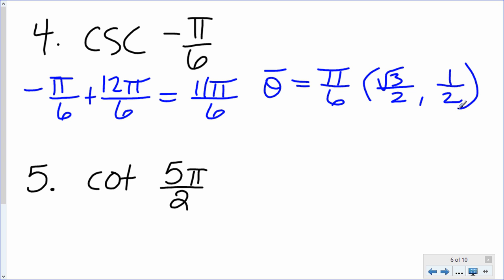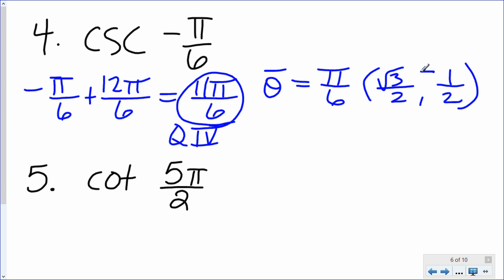Okay. Now, think about which quadrant 11 pi over 6 is in. 11 pi over 6 is in quadrant 4. So in quadrant 4, x is positive, y is negative. So this is the ordered pair for 11 pi over 6, which is coterminal with negative pi over 6. So again, it has the same terminal side, okay, which means it has the same terminal point, same ordered pair,